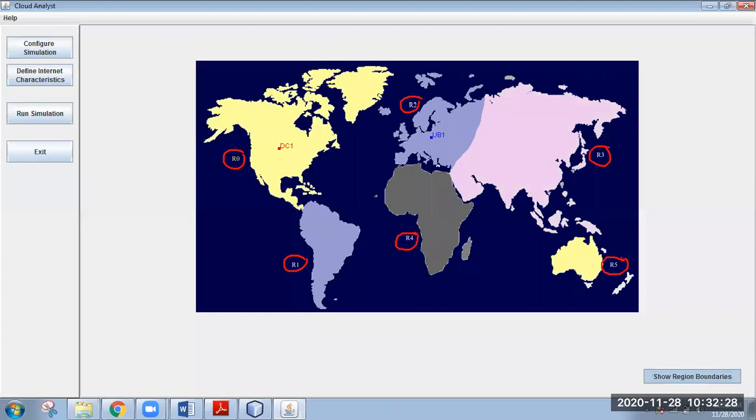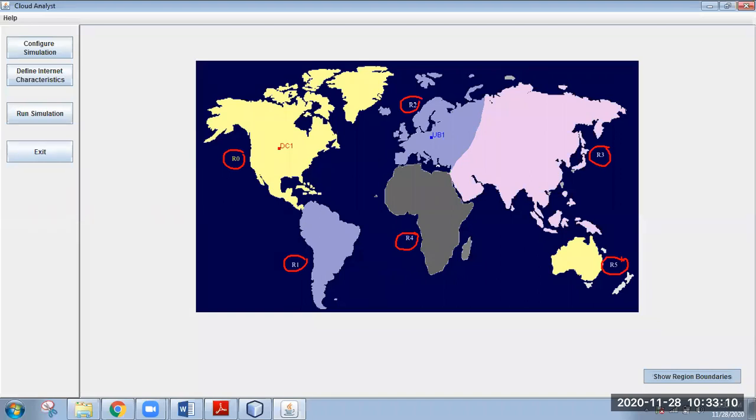Why is it divided into 6 regions? Because sometimes with respect to these regions, the security, legislation, and privacy policy may be different, or the rules enforced in these regions are different. So in order to satisfy this constraint, in this simulation they have divided the whole world map into 6 regions. Somebody may say that if I belong to region 0, I want to execute my work in region 0 only.